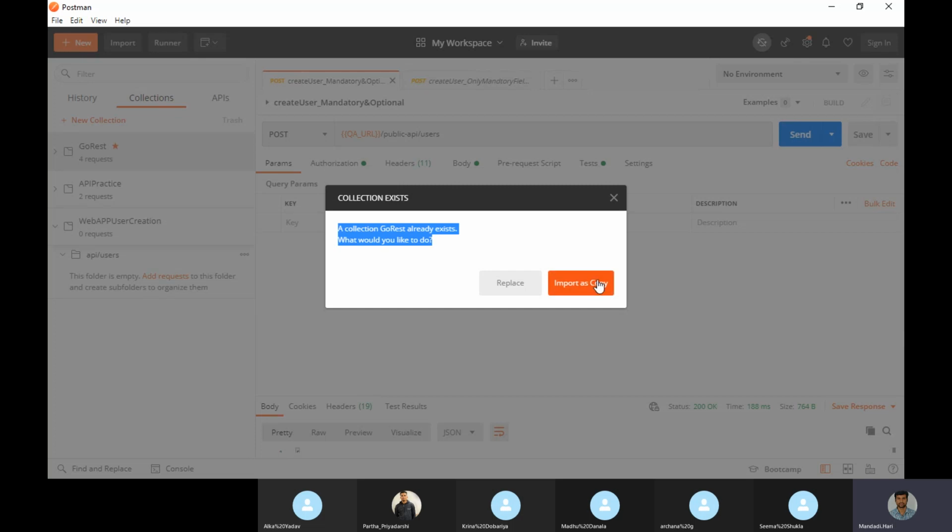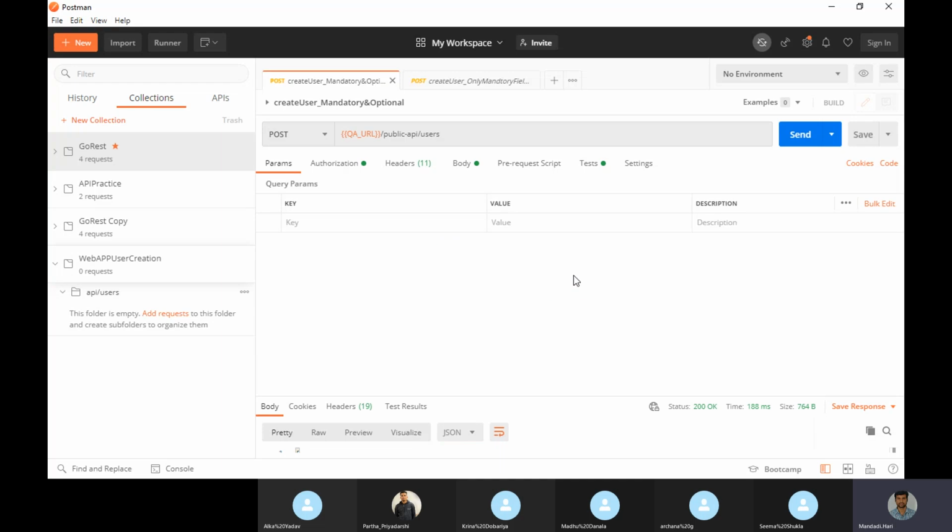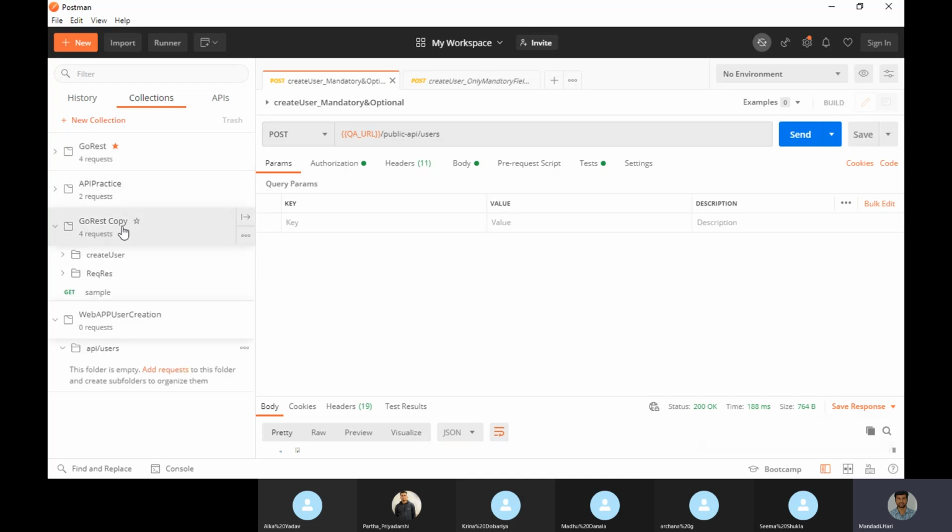What would you like to do? So I will say import as a copy. If I say replace, it will remove the previous one and import. But I wanted to import as a copy so I can modify something. The existing one will stay the same, and I can import the new one. So if you see here, one more came, that is Go Rest copy.